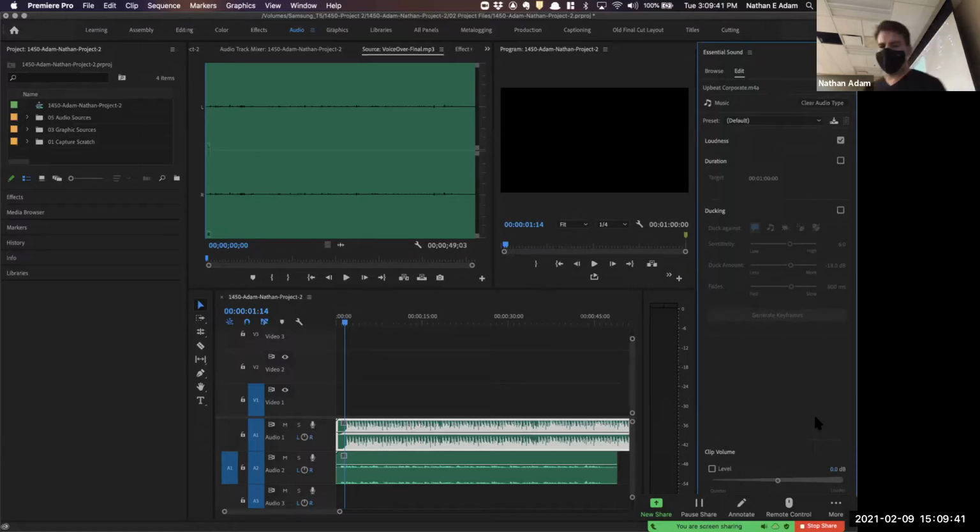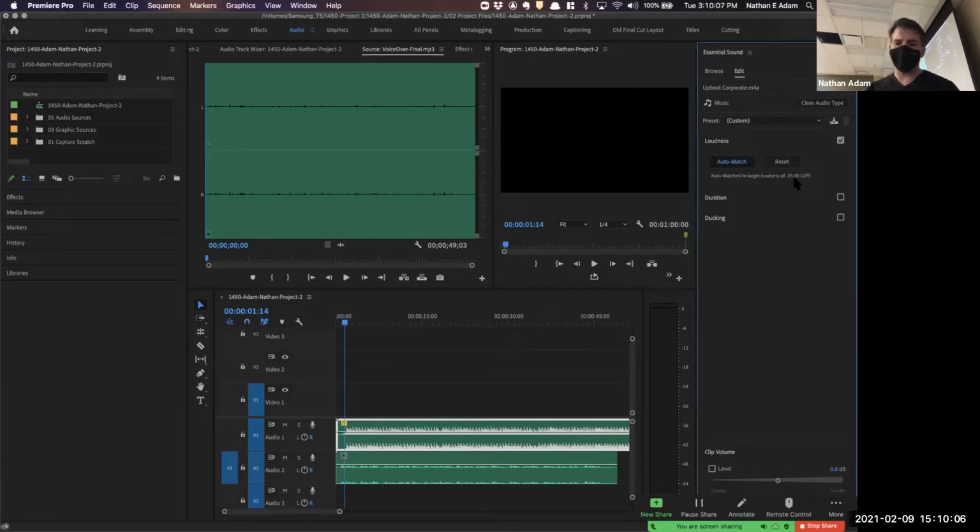Got it? All right. So now we can go through and look at each of these options underneath these different manual options. I'm going to click to loudness first. If these are all toggled open, just click on the word to toggle them closed and then switch to loudness. With loudness, you've got this auto match. Auto match, when you click it, is going to match the target loudness of -25 loudness units full scale, -25 LUFS. If I hit reset, you see that that's how loud the music was originally,